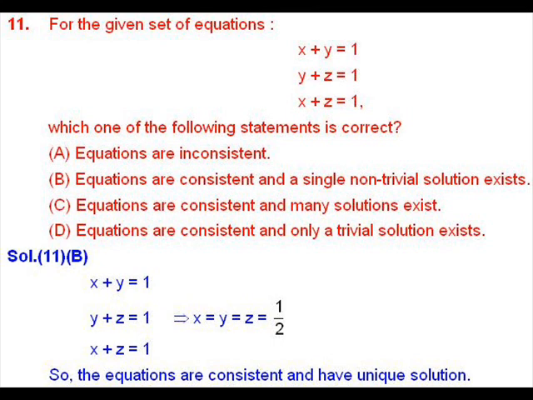And we also know that a linear or non-linear system of equations is consistent if there is at least one set of values for the unknowns that satisfy every equation in the system, when substituted into each of the equations makes the equation hold true as an identity. So the equations are consistent and have a unique solution.